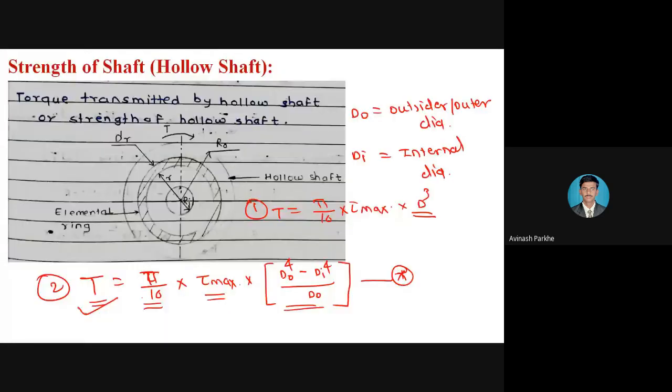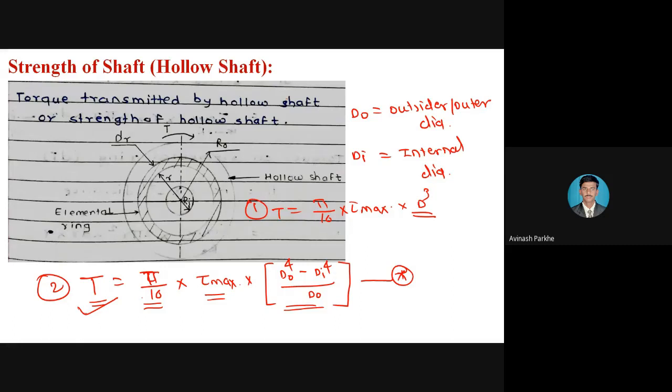Okay, so these are the two formulas we have just discussed. Capital T is equal to this for the solid shaft, and capital T is equal to that for the hollow shaft. Take these formulas in your notebook. Please keep in mind, we are calculating the torque, which means we are checking the strength of that particular shaft. The strength of the shaft is always calculated by measuring its torque transmission capacity, or sometimes its power transmission capacity. But instead of measuring the power, here we have two separate formulas for the solid shaft as well as for the hollow shaft.